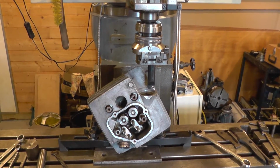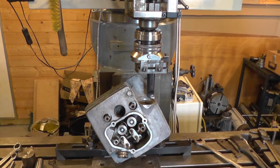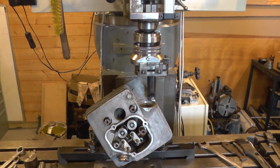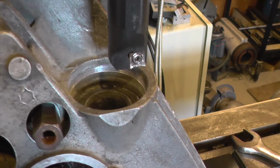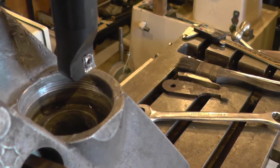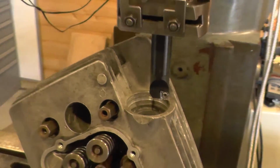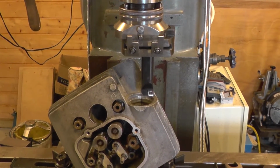I centred up by eye as well as I could, and then swapped to an edge finder, and then finally, once I had the boring head installed, I took some very light test cuts and tried to get what remained of the thread down in the base of the groove as even as possible. So I think we're centered up as well as we're going to be on this,